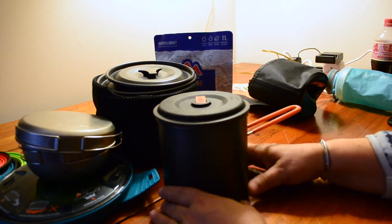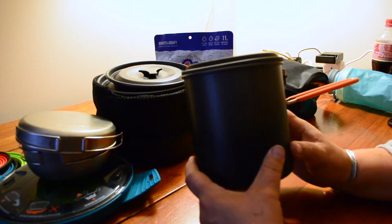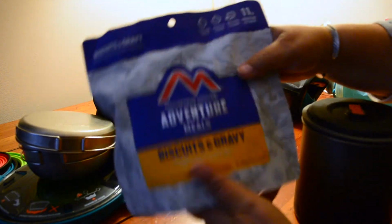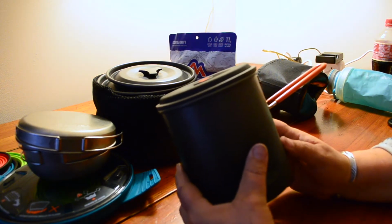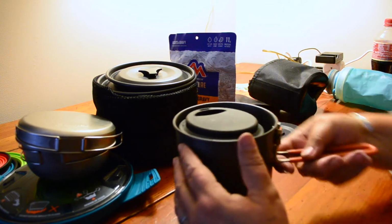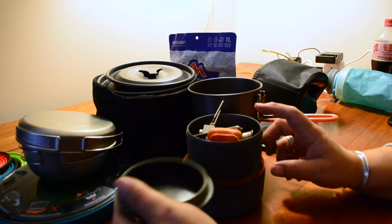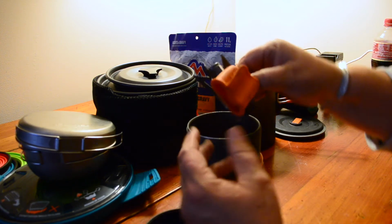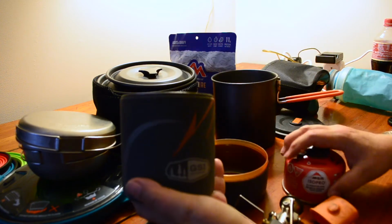So you've got one nice big pot. This pot is enough to heat up water for your meal, and give you enough water for a cup of coffee or a cup of hot chocolate or peppermint mocha or whatever it is that you like to have at the end of the day. And when you open it up, you can see inside. It's like Christmas, right? What's inside? The little, my little stove fits inside. Also inside this pot